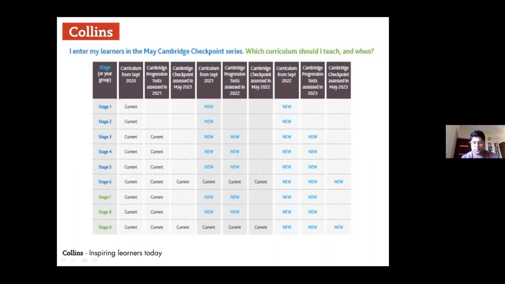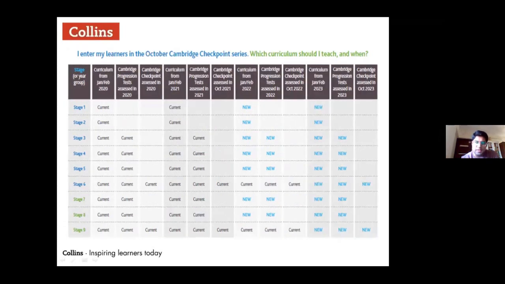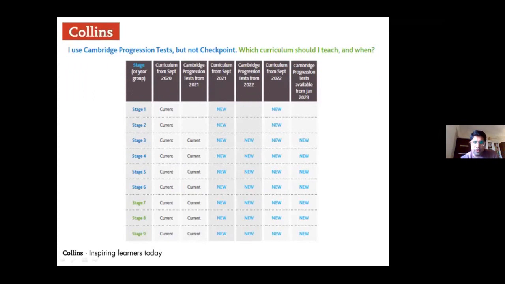Right? These are the only questions till now. Perfect. So understanding this is something very important. So that's why CI has specially mentioned all these cohorts in the May-June series, in the October-November series, and in case your learners do not write the checkpoint examinations, then what to do? Then in that case, the entire cohort, right from stage 7, that's grade 6, 7, and 8, they will start with the new syllabus from June or July 2021.